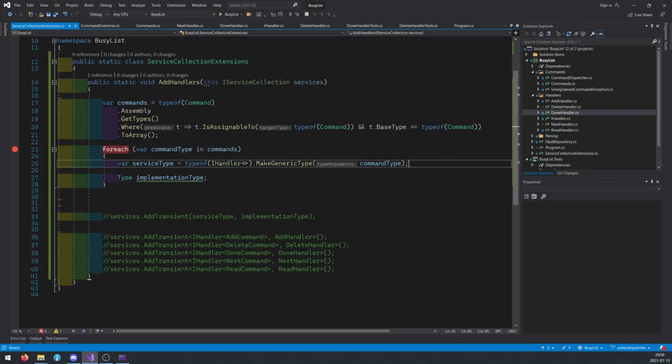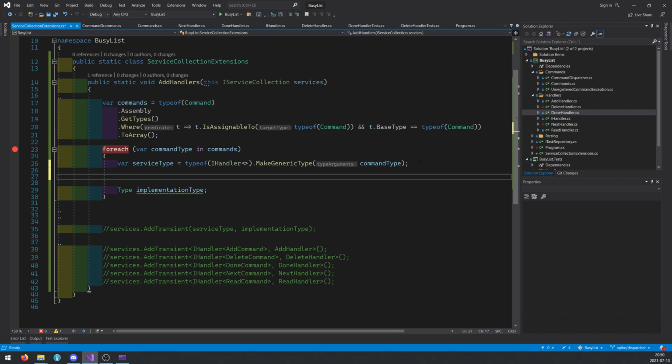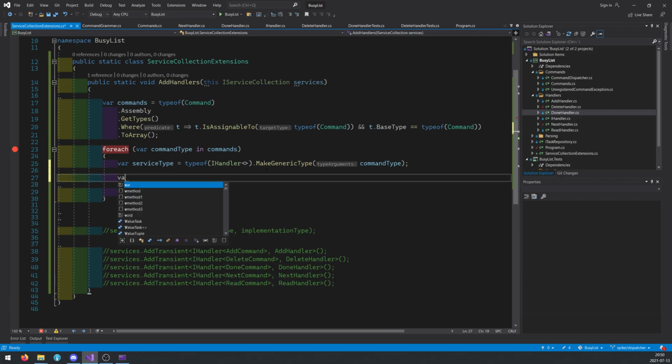So that's that. Now we once again need to use reflection to find this type, because we found this, and now we need to find this, and we could do that too. We just need to find all the types and filter them down to one. So that should be var implementationType equals